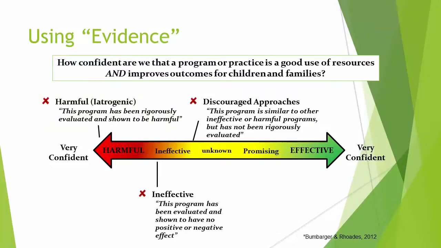These include programs that have had high-quality research demonstrate actual harm to kids. For example, Scared Straight and other juvenile awareness programs were found to actually increase recidivism in multiple high-quality research trials. So, some programs are run well and evaluated well, but fail to show intended effects. Those programs can be placed in the ineffective section, and you should not use them, particularly if other effective programs